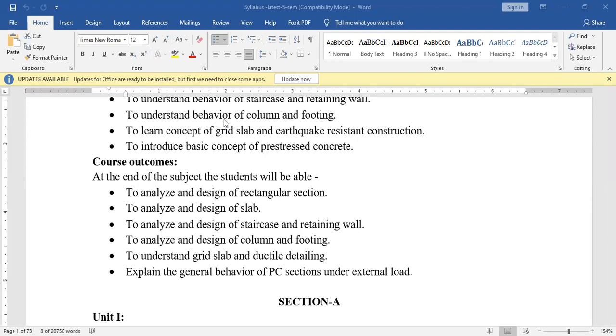Yes, as you know, from the slab the load gets transferred, or the forces and moment get transferred, to the beam, and from beam to the column, from column to the footing. So how that particular reinforcement, or how should we arrive at the size of column, or whether that column is of rectangular type, or whether that is of the circular type. Again, footing, yes, footing will have different types of it. We can go ahead with the isolated, we can go with the raft, we can again go with the pile